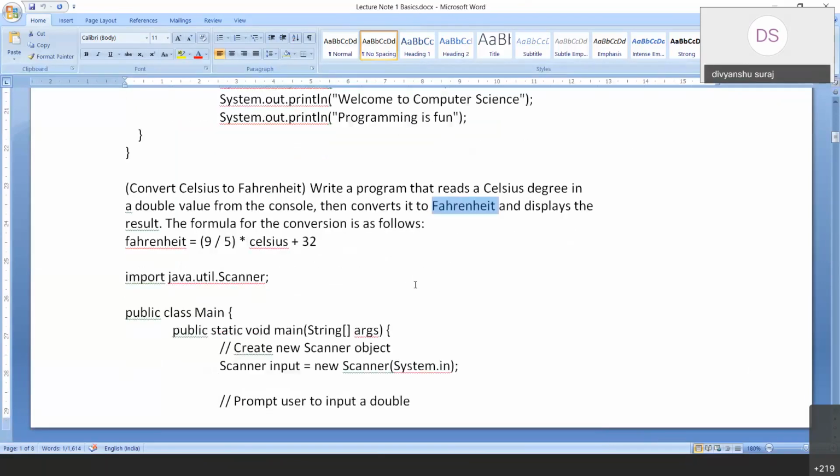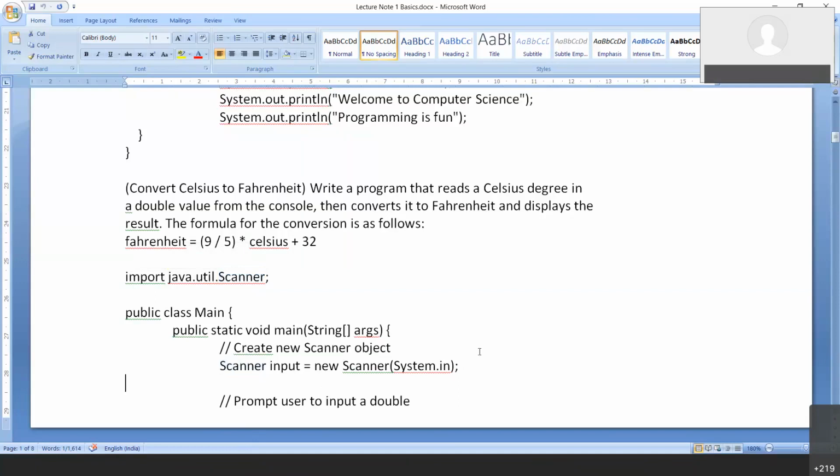Point number one: do not make a habit of writing a star over here. If you write a star, you are giving the impression to other people that you do not know which class to include. When you say java.util.*, it means I know there is a Scanner class, but from util I have access to everything, which I don't want. I want access only to the Scanner class. So you should say import java.util.Scanner. First rule: in a company, star is not allowed. You have to explicitly use the Scanner class, because I'm going to use it over here.